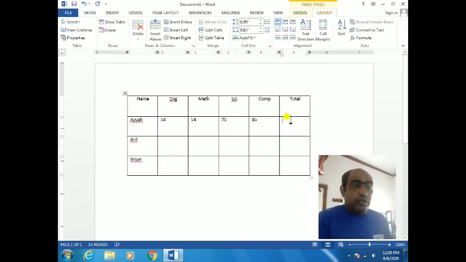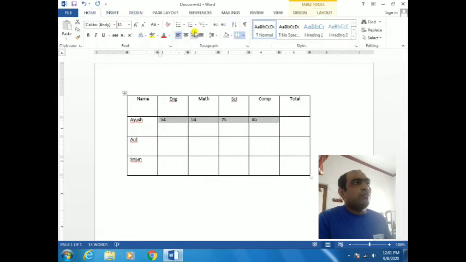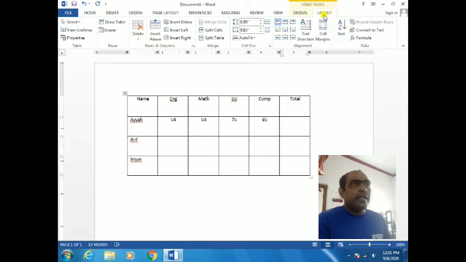How to add? Do you know you can add this also? If you put the data, means the numbers, suppose you want to keep it in the middle, home, middle position came. Now you want to add. How to add? You need a calculator? I am saying no need for a calculator. Just go to the last cell, total 1. Then you will go to the layout tab, my dear. Now after the layout tab, you will go to the data group.